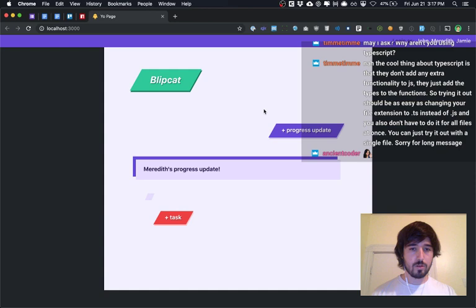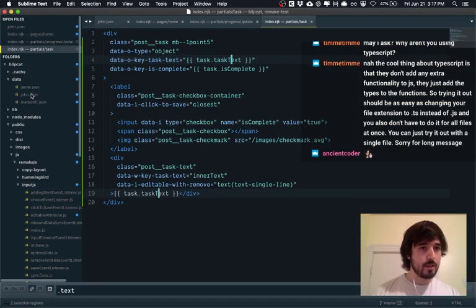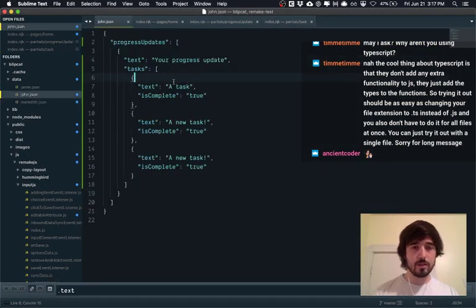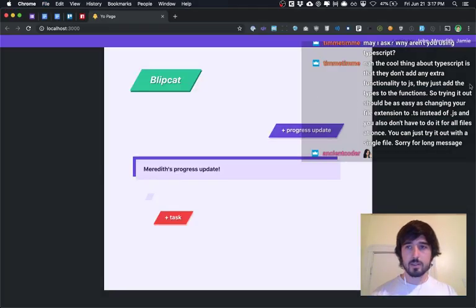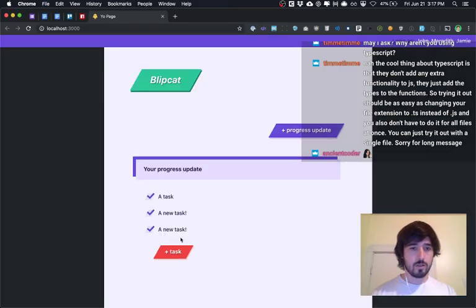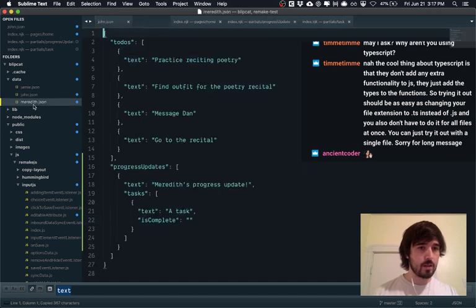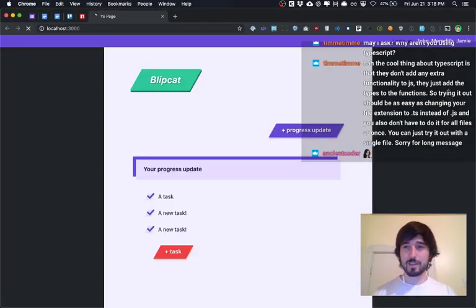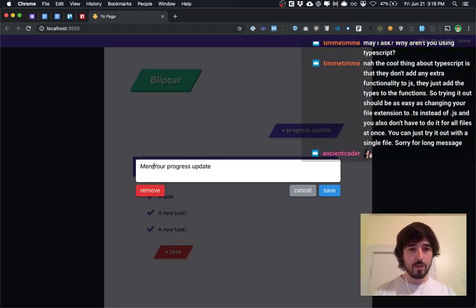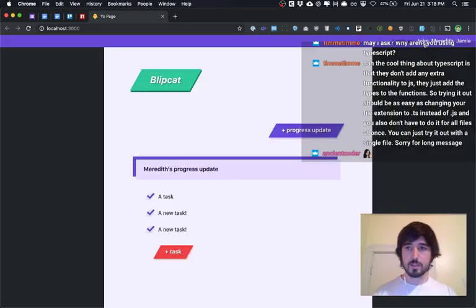So let's just go to our data. We'll open up John's, and we'll say task text instead, and then we'll go to John. So now we've got all the things there, and we'll just overwrite Jamie's and Meredith's data just so we can get it working. Okay, so now if I go to Meredith and I say Meredith's progress update, and I save this, we can see that that data is different